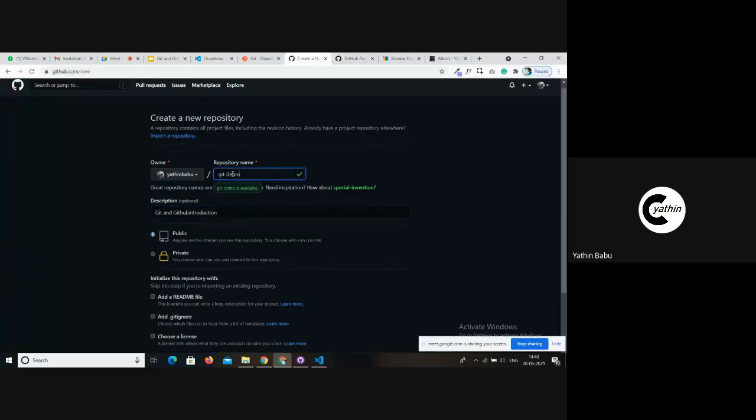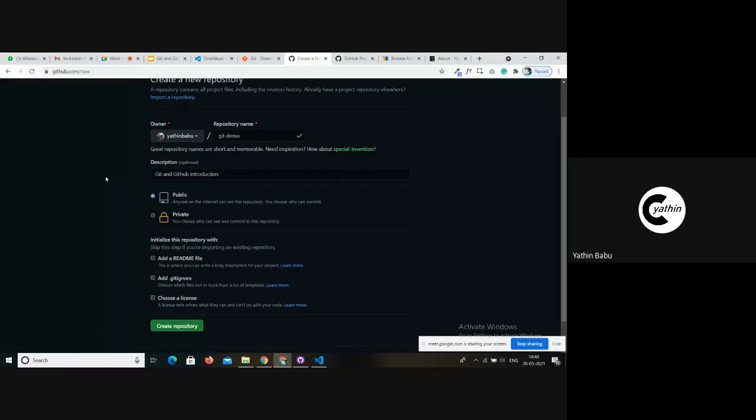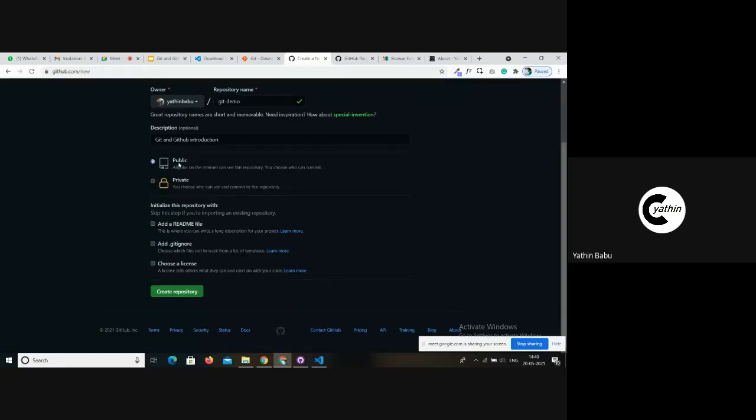I just named the Git repository; naming a Git repository is very similar to naming a folder in your local system. And I gave a brief description of what the remote repository will be hosting. And here you can see that it's public and private. The meaning of having a public repository is that it's very similar to having a public account on Instagram.